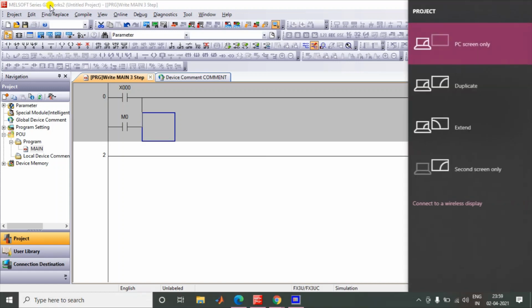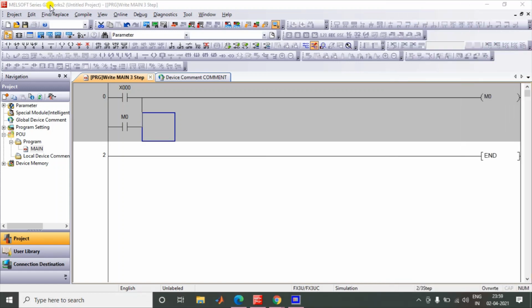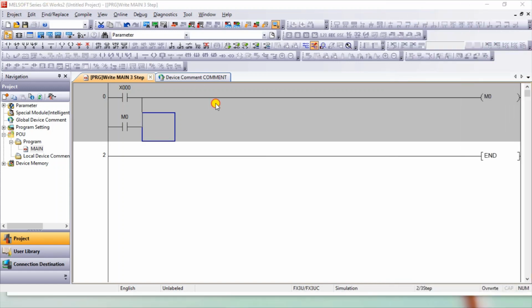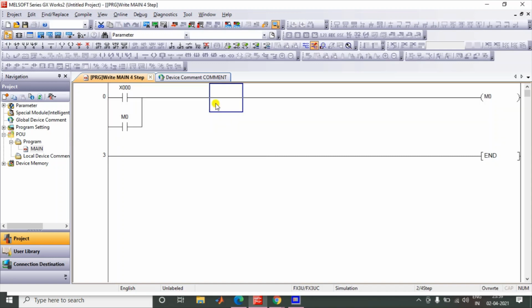If you see, when I press it, the memory will be held, and when I release it, it is still held. So that is the first step I'm going to do, and I'm going to remember that step.